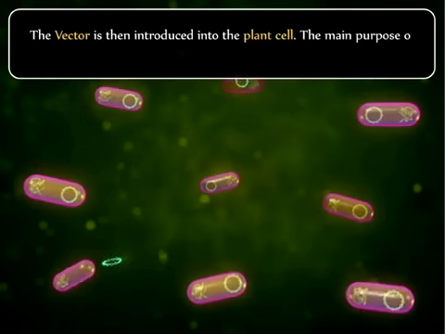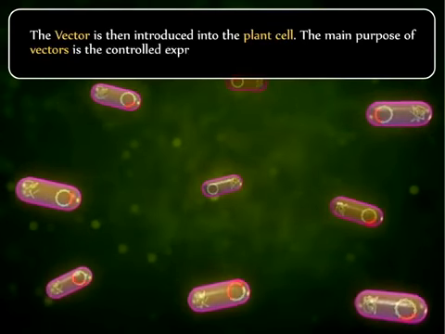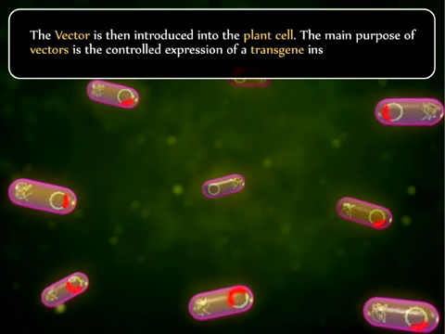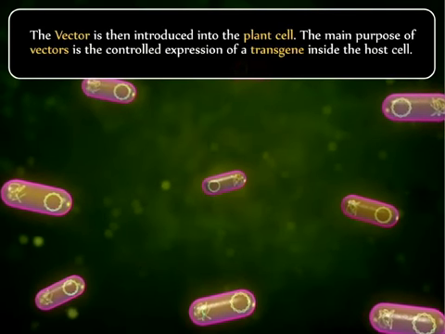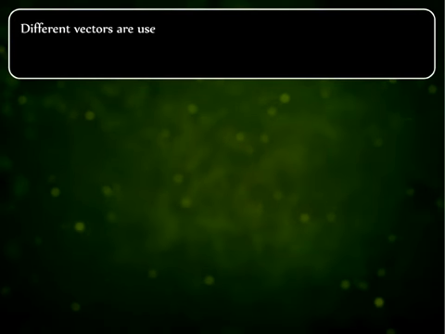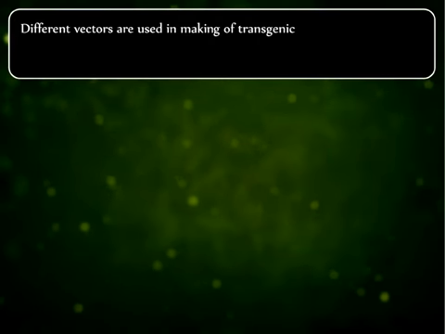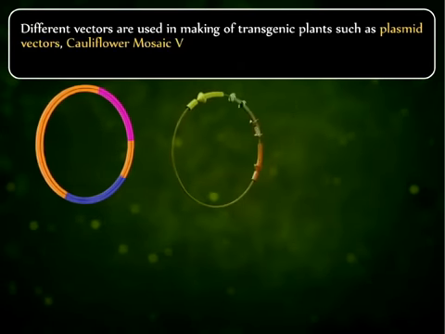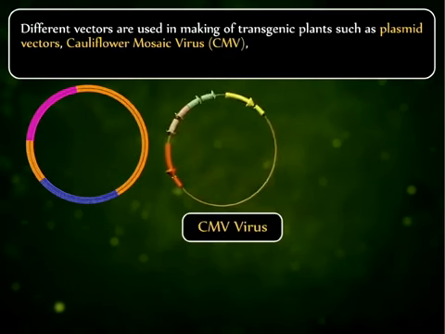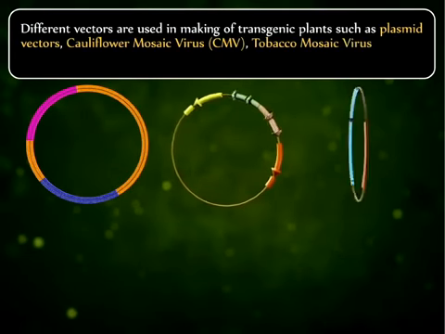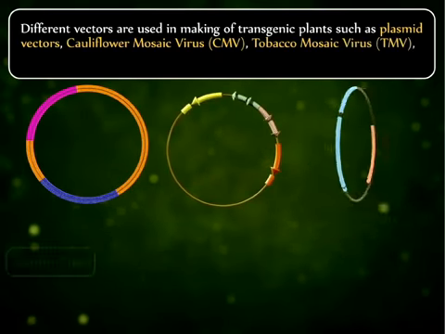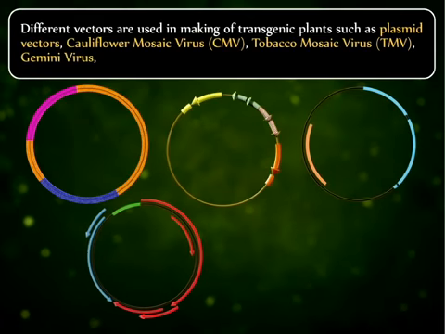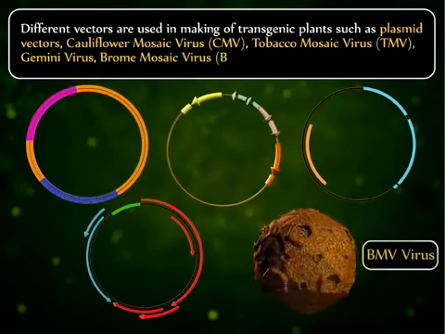The main purpose of vectors is the controlled expression of a transgene inside the host cell. Different vectors are used in making of transgenic plants such as plasmid vectors, cauliflower mosaic virus or CaMV, tobacco mosaic virus or TMV, Gemini virus, brome mosaic virus or BMV,